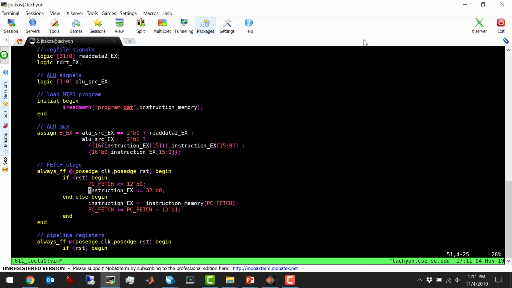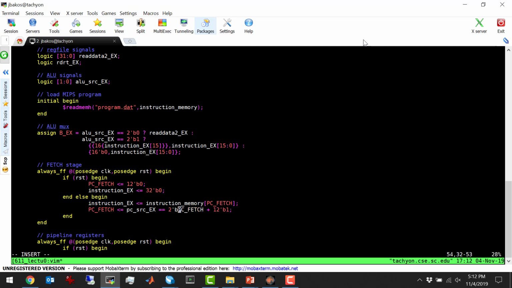I just need to have an alternative to this. And again, I'm going to use the same sort of shorthand for this one. If you're not comfortable with this, you can break this out into a more explicit MUX into a register. But I can just say if PC source EX equals,